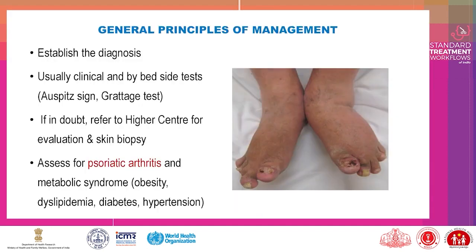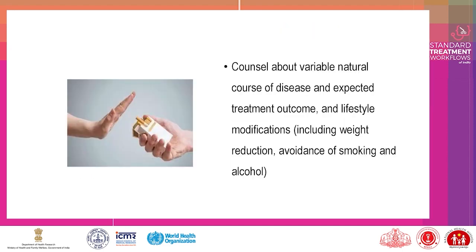General principles of management. Establish the diagnosis, usually clinical and by bedside tests: Auspitz sign, Grattage test. If in doubt, refer to higher center for evaluation and skin biopsy. Assess for psoriatic arthritis and metabolic syndrome: obesity, dyslipidemia, diabetes, hypertension. Counsel about variable natural course of disease and expected treatment outcome and lifestyle modifications, including weight reduction, avoidance of smoking